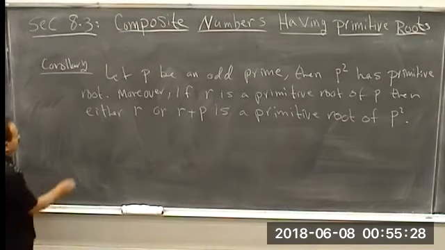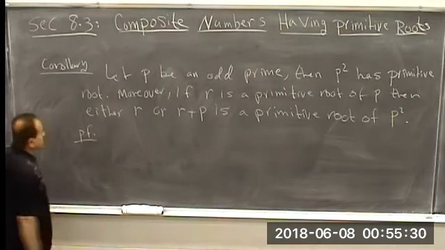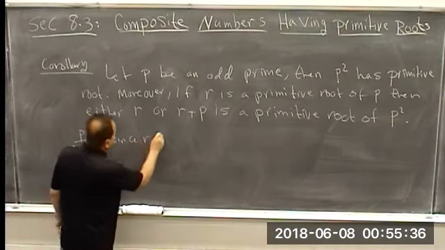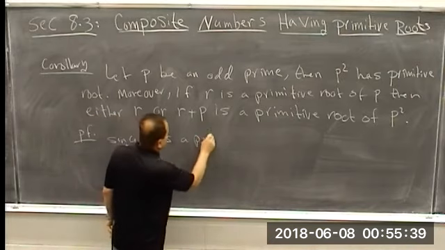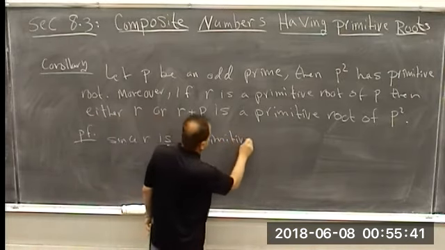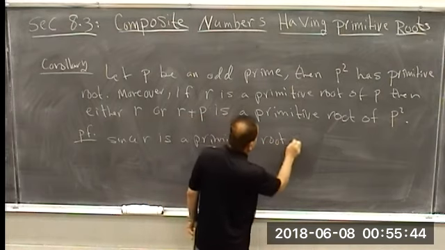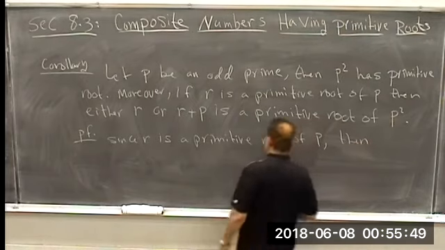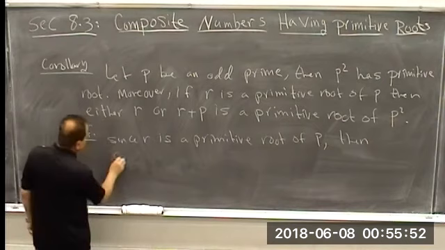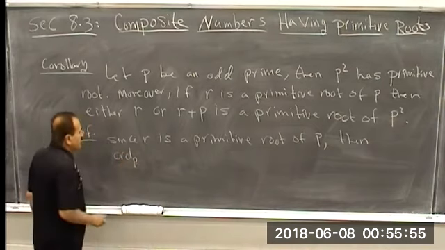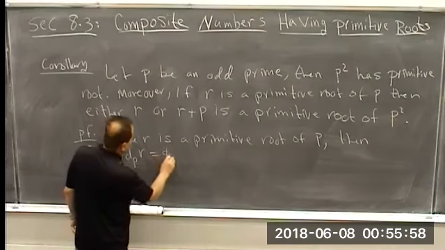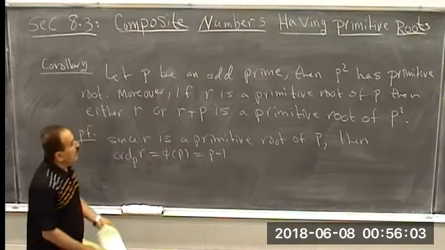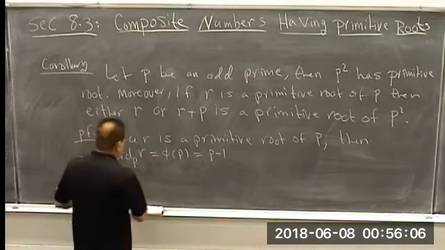All right, let's look at the proof here. Since r is a primitive root of p, then the order mod p of r is equal to phi of p, which is equal to p minus 1. All right, then let's let